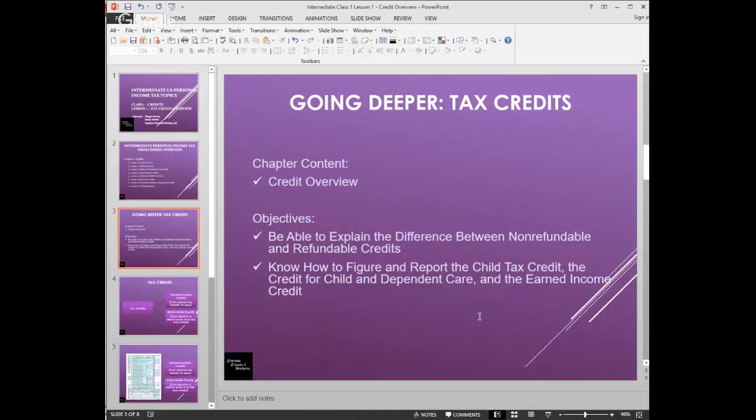So looking at the tax credits, the big thing that we want to do at the end of this particular session is to understand what a tax credit is and to be able to explain the difference between a non-refundable and a refundable credit. And we will also be working with kicking off the various credits that we'll be reviewing